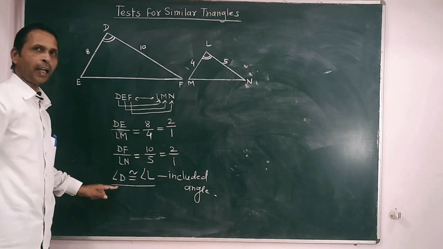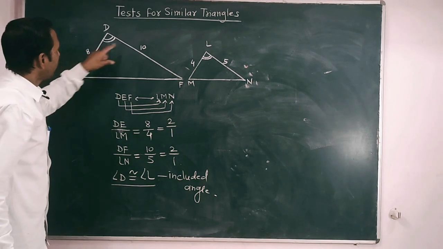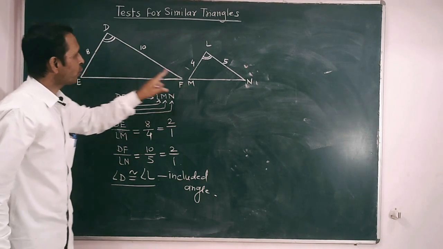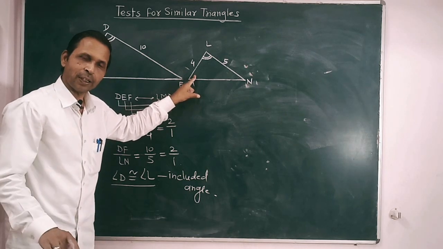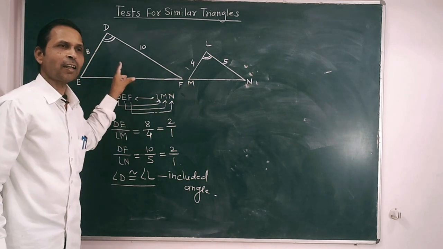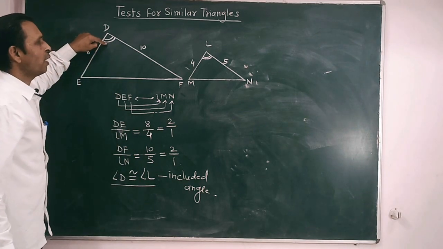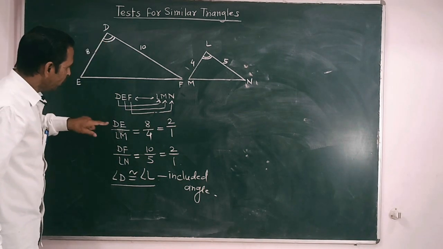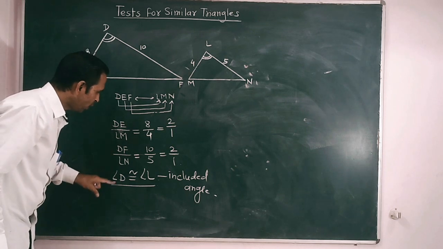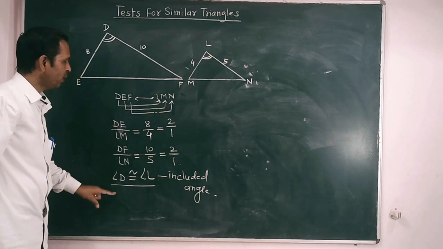This is the included angle. But if these two sides are given and angle E is congruent with angle M is given, we cannot say that the triangles are similar or not. We must be given this included angle,